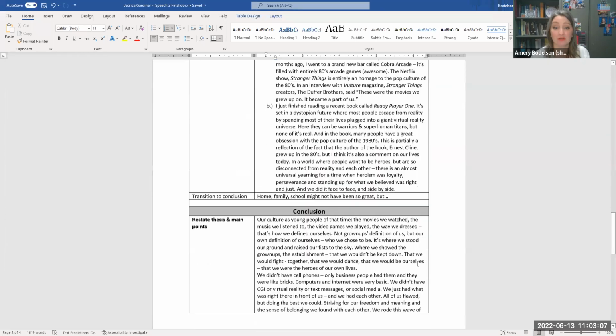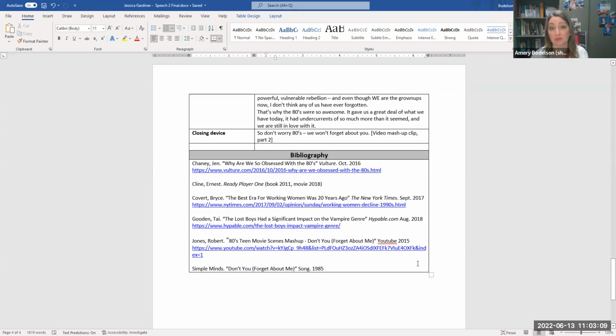The other part of your speech for when you are doing sources is your bibliography. And your bibliography is an alphabetized list of the sources that you're using in your speech. You don't have to tell your audience your bibliography. You don't have to read these out. This is for me, your instructor's benefit. I want to be able to see where you got your information, how old it is, how I can access it. So you see here,